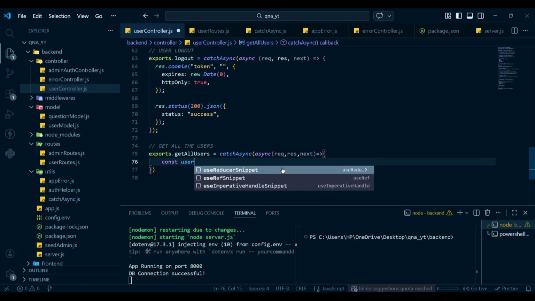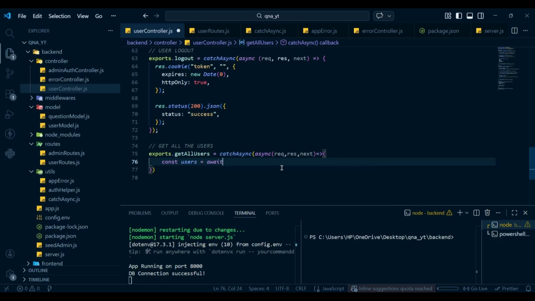So const users, we're going to await User.find,